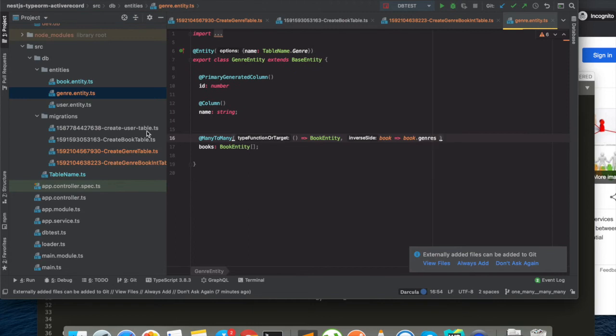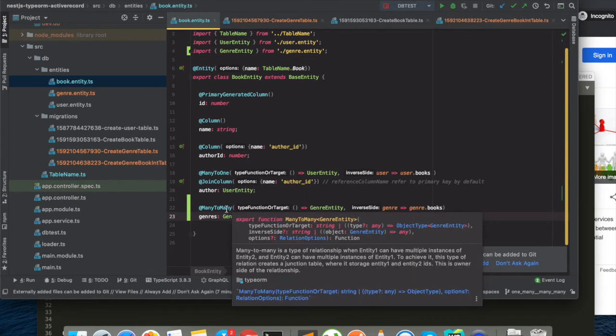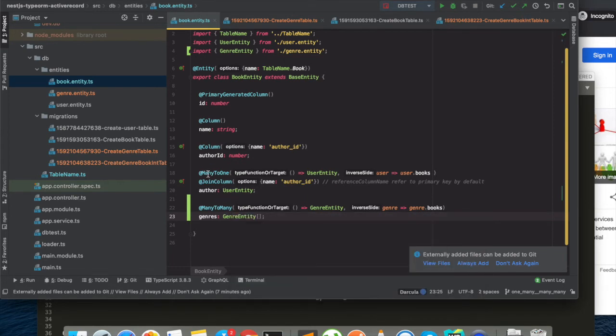Okay. So now, like in this one we have done join column, right? Because we were joining the column. But in case of many to many, we are basically joining using a table. So we will use a decorator known as join table.